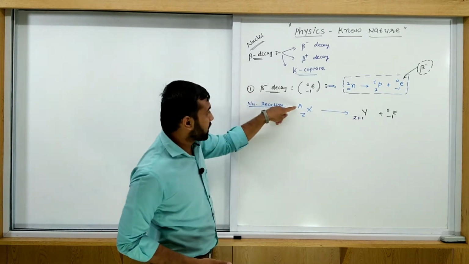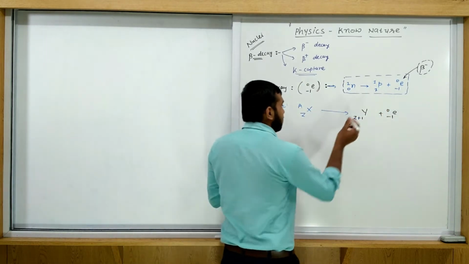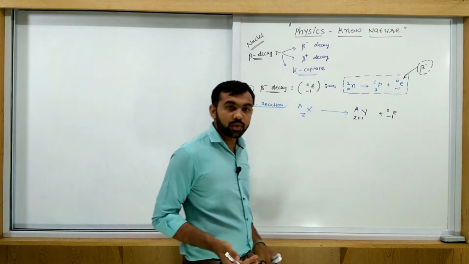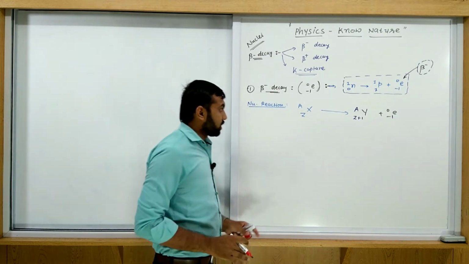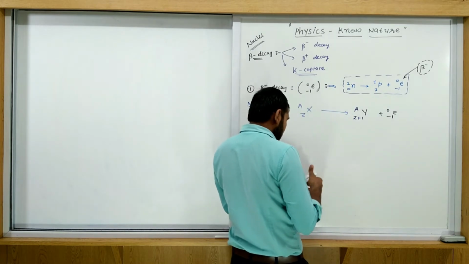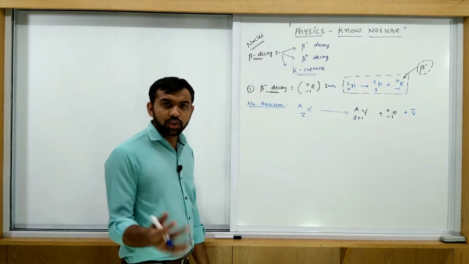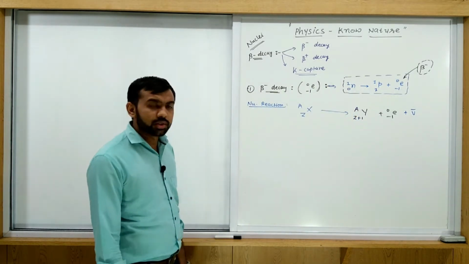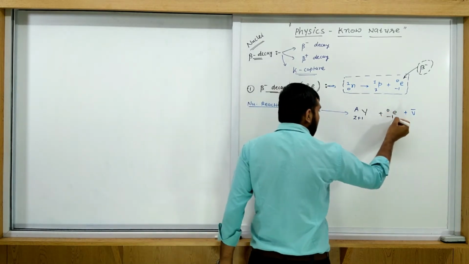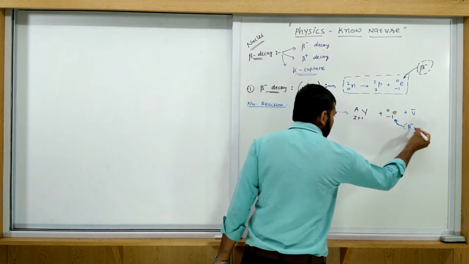Now balance the atomic mass. A, here 0, so here the same A, no change. Total here A, and here also A plus 0 is equal to A. So this is the nuclear reaction in beta minus decay. One another particle is produced with the beta minus, and this particle is an antineutrino. About neutrino and antineutrino we will discuss at the end of this topic. This is called beta minus. You must remember it like this.